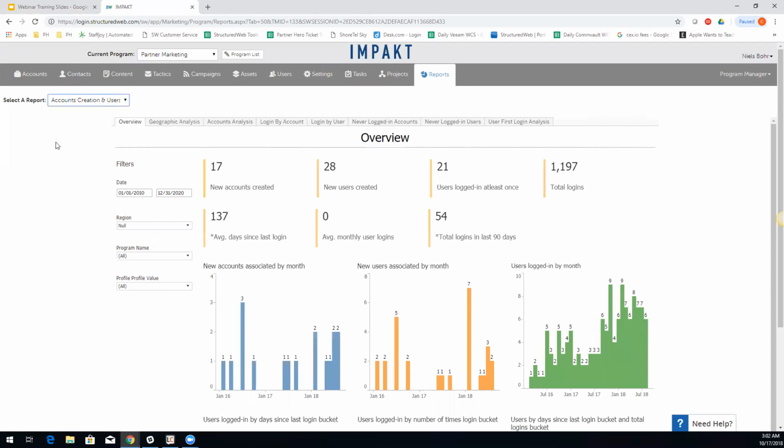Now, as you can see, as usual, on the left side of the screen, we have our filters. Filters that you can basically play around with. Choose the beginning date and the end date, in which the system will search for the information according to those dates. Also by region, by program name, profile values, and region. Since this is a test account, it's very limited, but